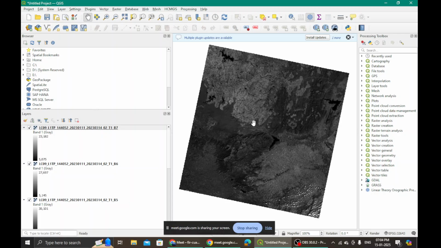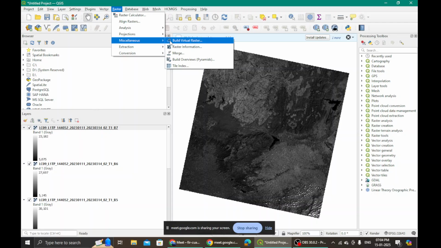Now let's think that it is corrected data. I wonder how many of us have already done that exercise wherein we correct the bands. So right now I will go ahead and make a composite layer out of it. I go to raster, then to miscellaneous tools, then to build virtual raster.